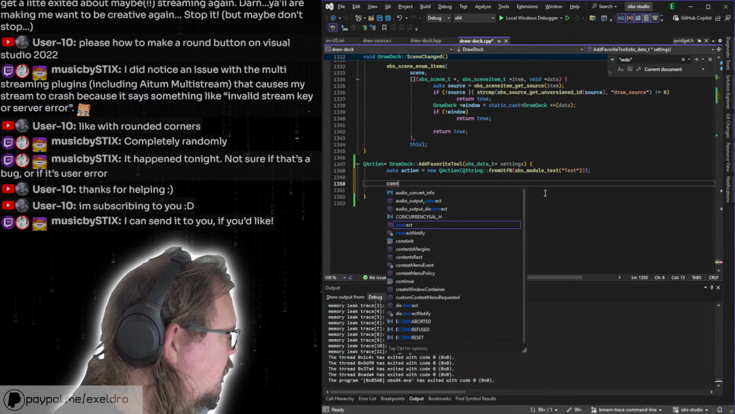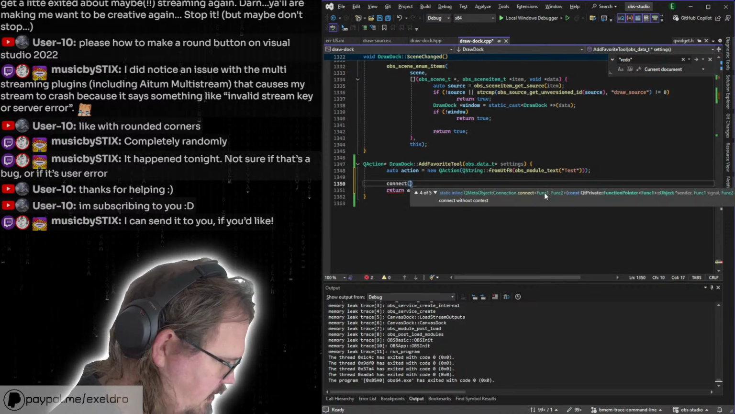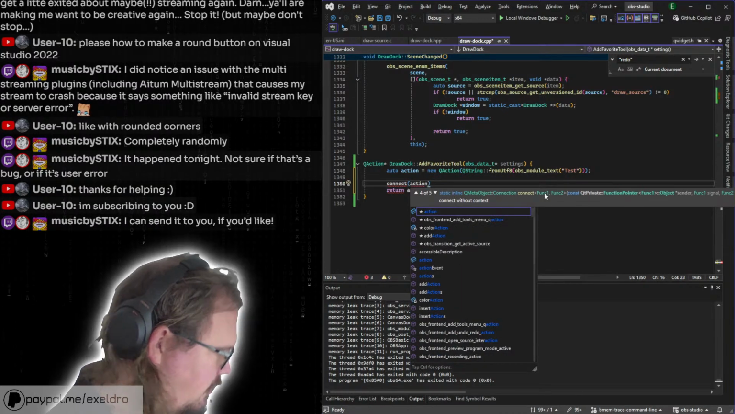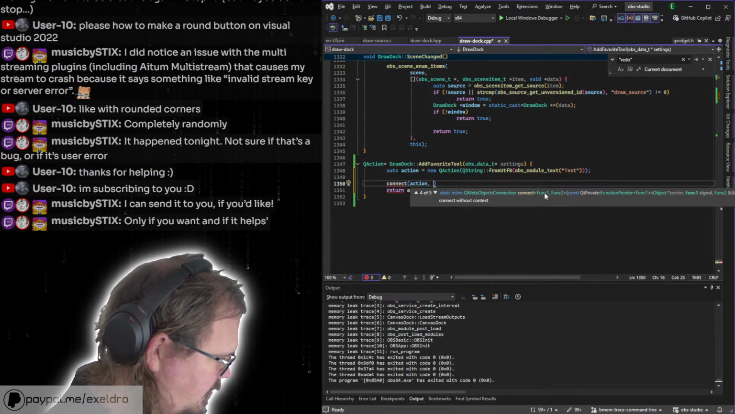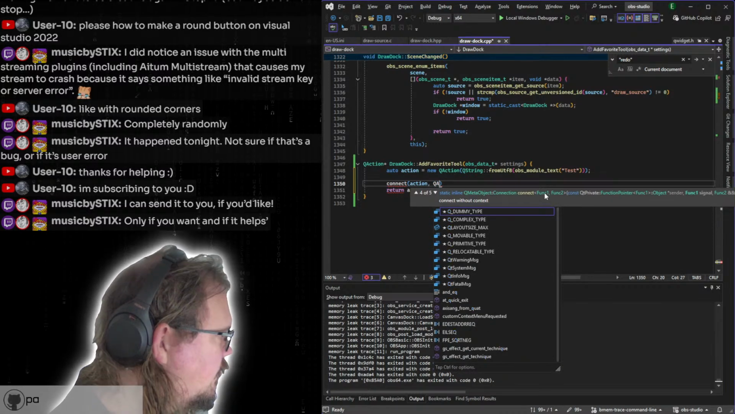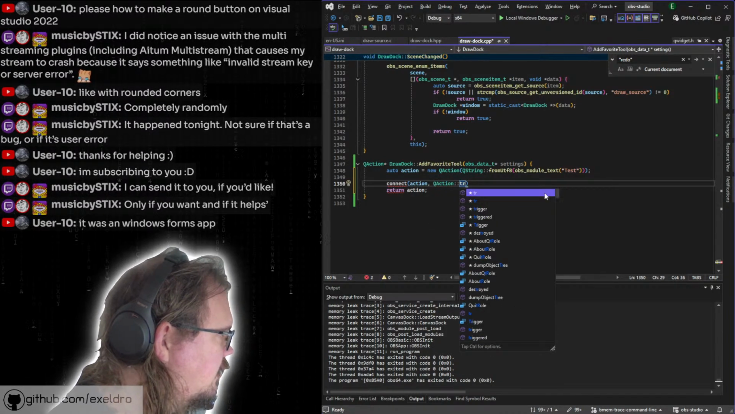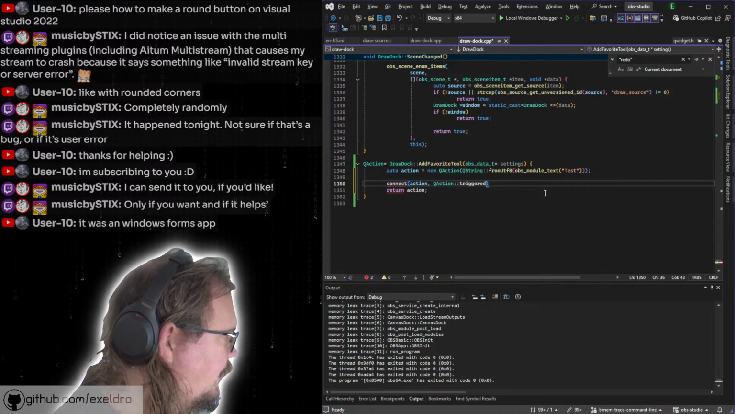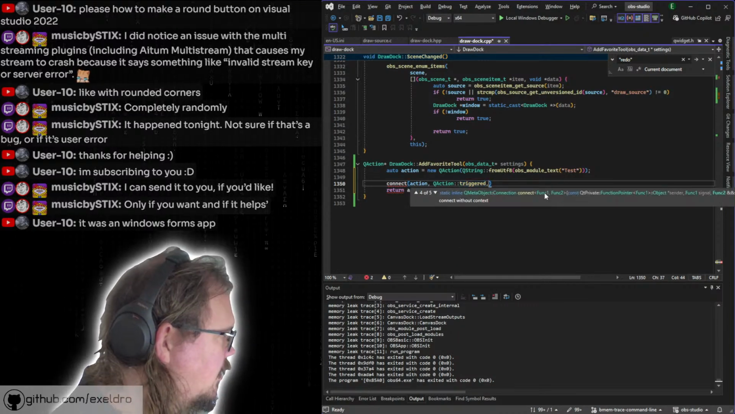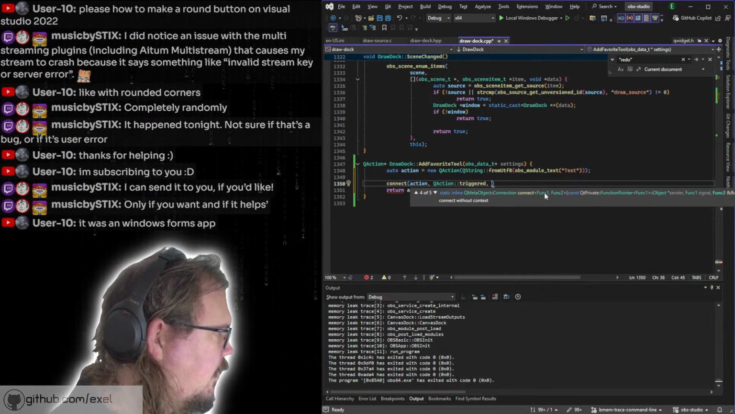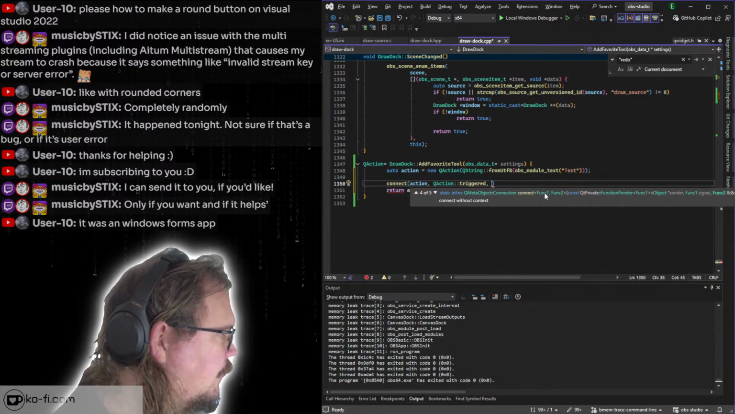I want to connect action. That is Q action. Triggers. And then